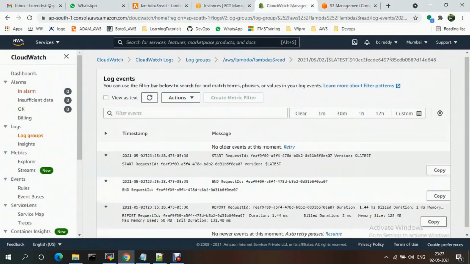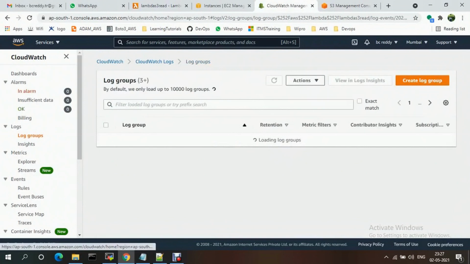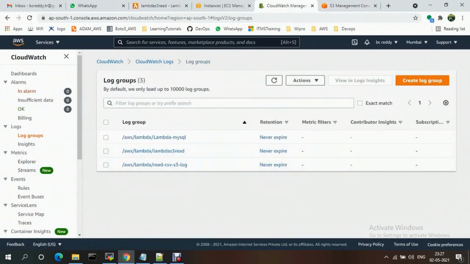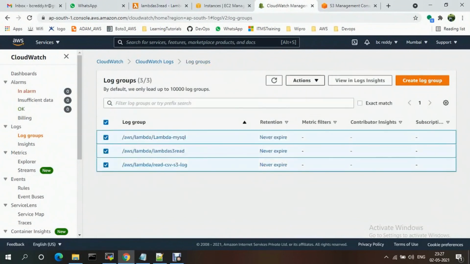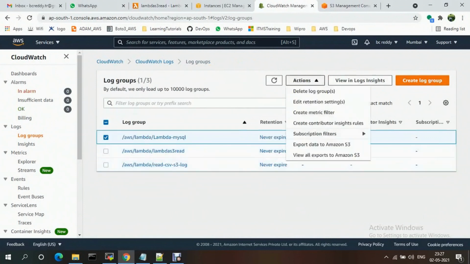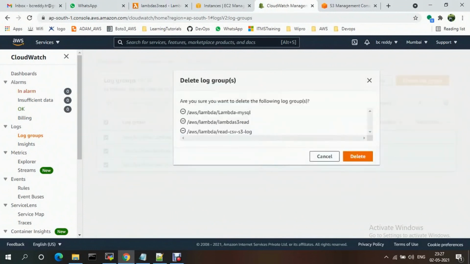Before that I'm clearing the logs. Okay, I'm clearing all log groups. So just delete log group.